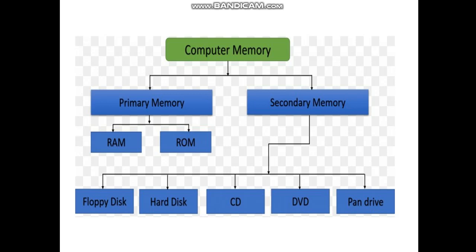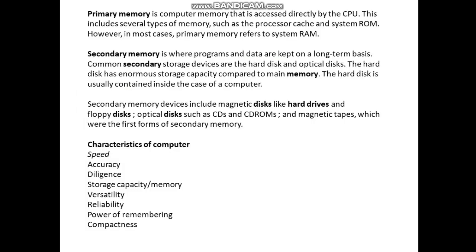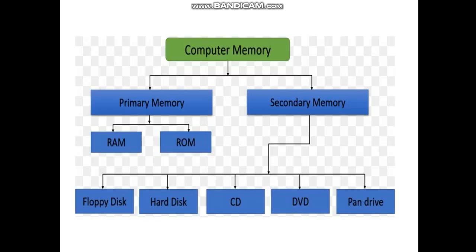The programs and the results of data processing are stored in these for future use. It is also called external memory or auxiliary memory. This memory cannot be directly accessed by the CPU because its